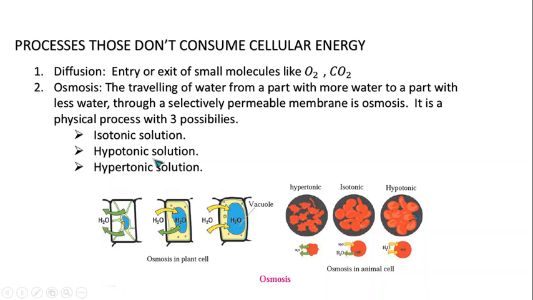Hypotonic solution, the cell has less water than the outside medium, so water enters the cell. This is called endosmosis. Example: if raisins are kept in water, after some time they swell and become turgid. Hypertonic solution, the cell has more water than the outside medium, so water comes out of the cell. Example: if fruit pieces are kept in thick saturated sugar solution, the water from the fruit pieces enters the sugar solution, so the fruit pieces shrink after a while.